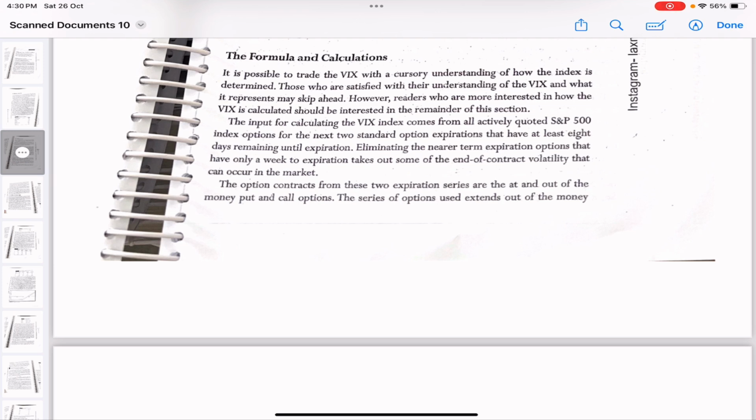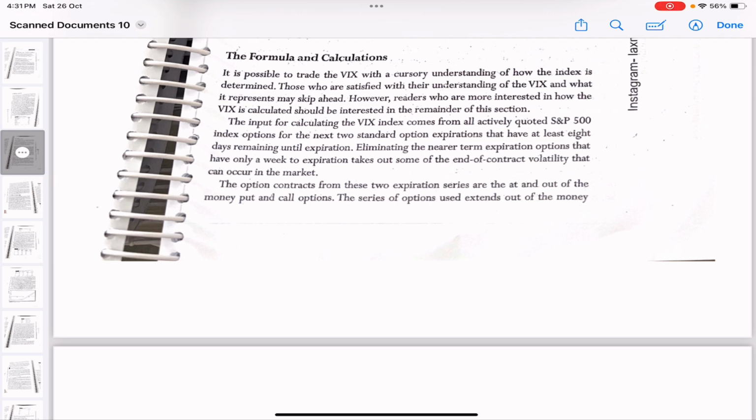Eliminating the nearer term expiration options that have only a week to expiration takes out some of the end of the contract volatility. So why are they taking out the option contracts which have very less time to expire, which means less than a week to expire? When option contracts have less time to expire, they have more volatility and they are being traded more, or people are closing out their positions, and situations like that cause extra volatility. So that is not a real volatility which you need to take into account when you are calculating the VIX